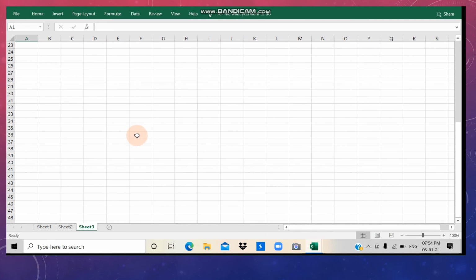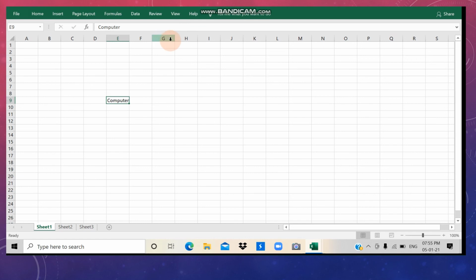Children, now we will talk about the cell address. These boxes are called cell. Suppose I want to give address to it. What is the address of this cell? Suppose computer I have written over here and now I am going to give address. So how we are going to call this box or cell, you can say E9. Why E9? Because E is the column and 9 is the row.